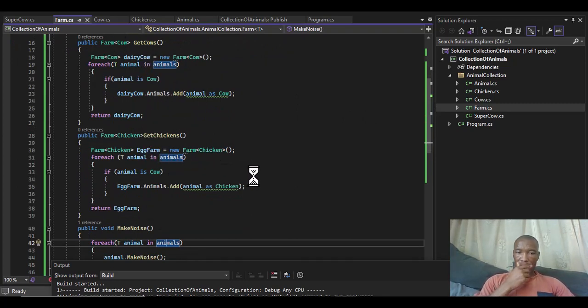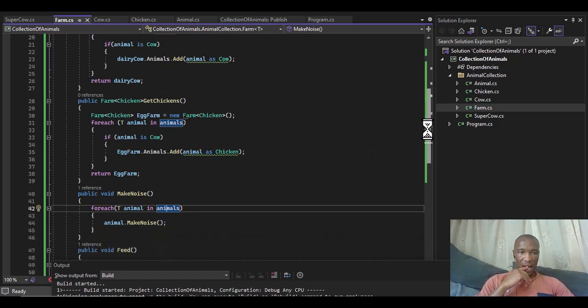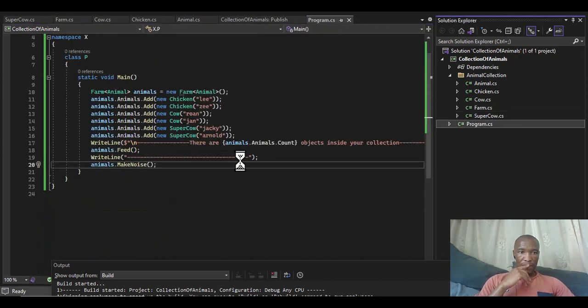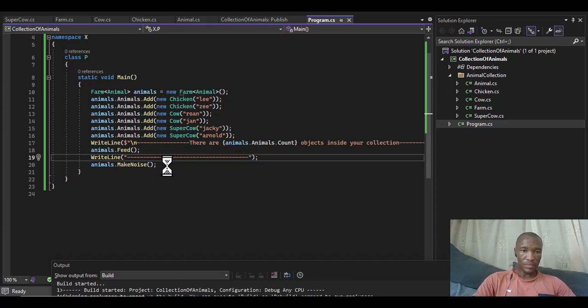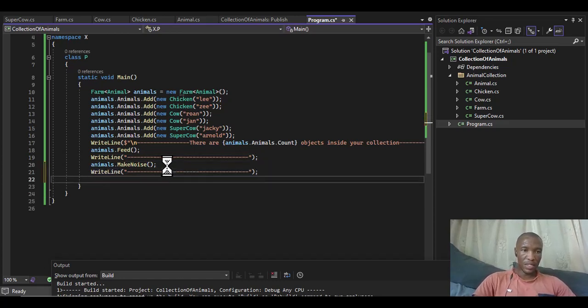But there's another method that I want in here. Let me show you what I mean. We can come here, let me just copy this and paste, and I'm going to say farm,